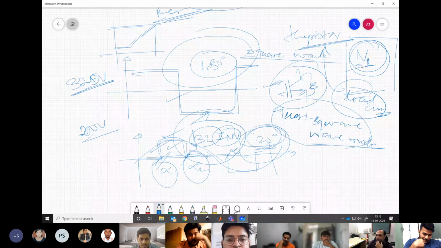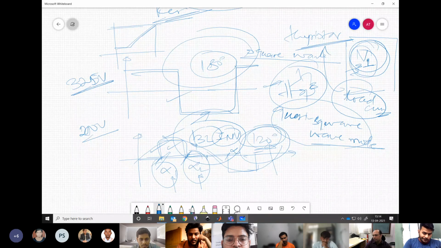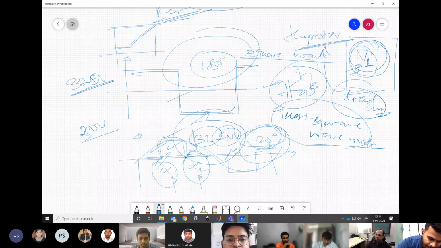But the questions to be asked are whether our fundamental voltage is getting fulfilled or not. Second question, whether we can eliminate some of the harmonics or not, and how many voltage levels are there. These are the things which give us an idea about which PWM we should go for. Then comes the later stage, like switching loss, switching energy loss, or conduction loss. Here we start thinking a little bit more. The things are a little bit more involved.